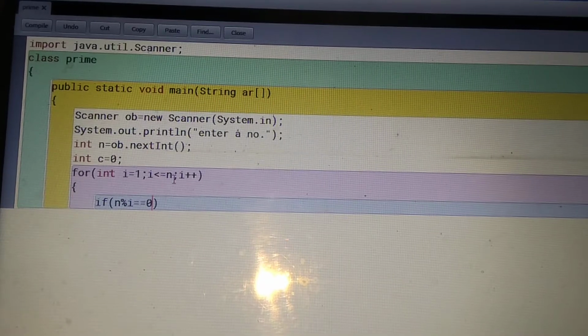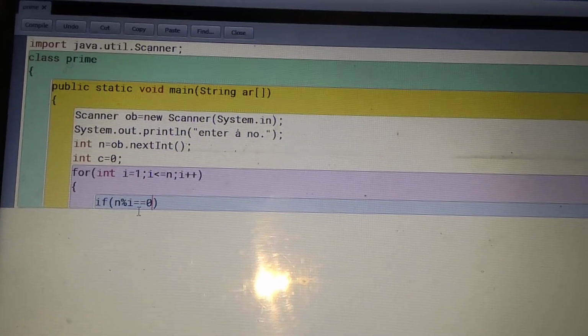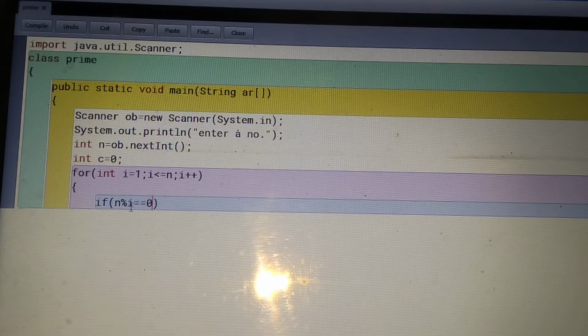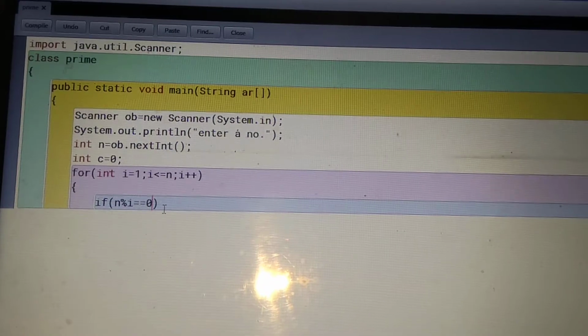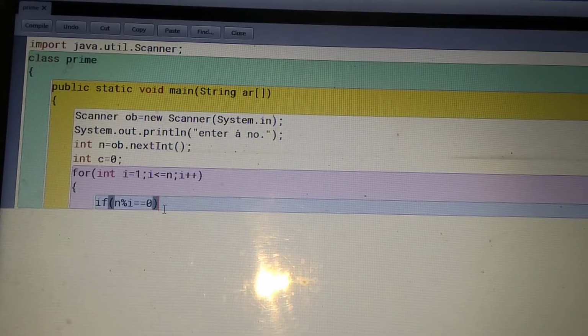If we divide your number by the i value, which increases, first 1, then 2, then 3, this condition will check whether your number is divisible by the i value or not. Divisible means the remainder value equals 0.